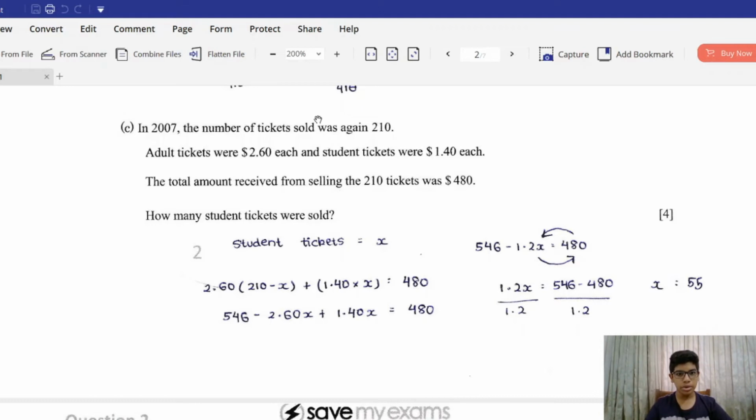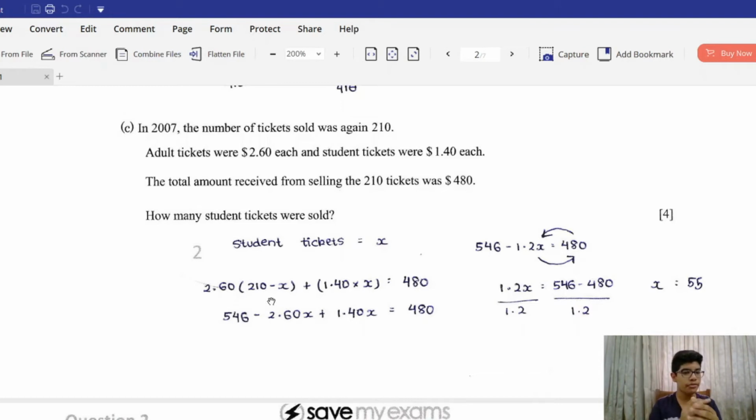How many student tickets were sold? So now this is an algebraic question. In order to go about this question, we need to assign a variable to the student tickets. Let's say student tickets is X. So 1.40 times X, so total revenue of student tickets earned, plus,